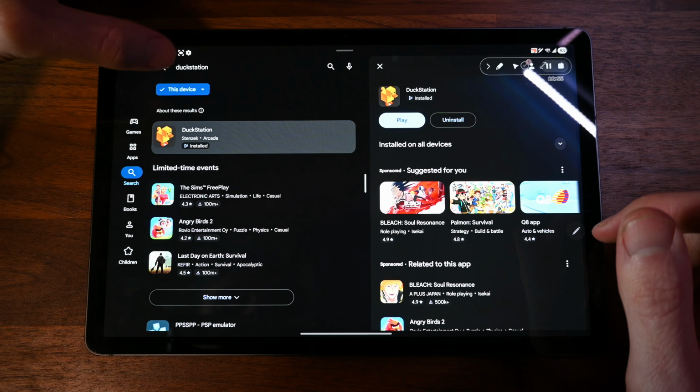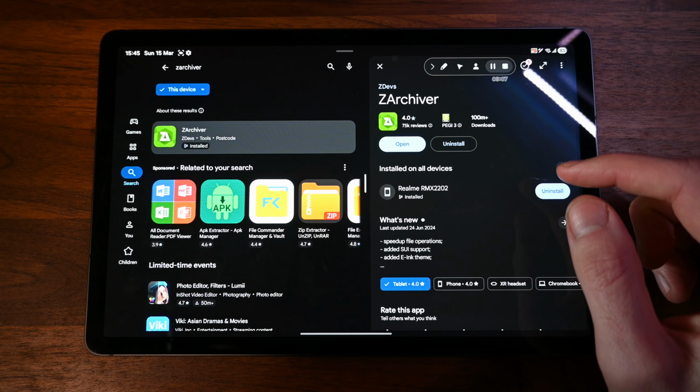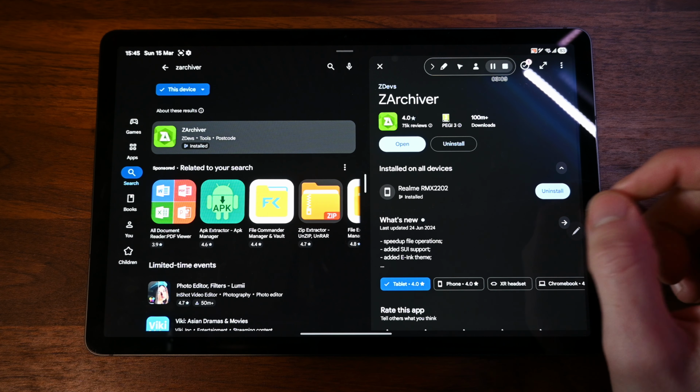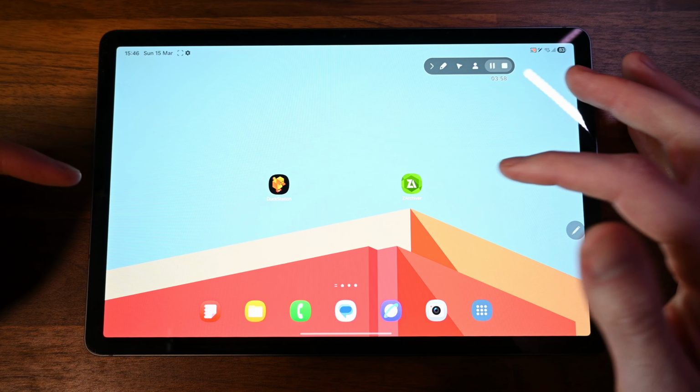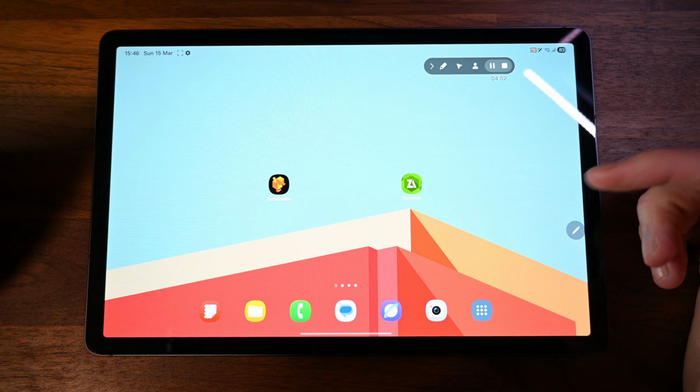While we're on our Play Store, we're also going to be searching for ZArchiver, which is a file management tool we'll be needing a bit later to extract our games. So we're going to make sure we have both of these installed first. So I have both of my apps downloaded on my home screen here. The first thing we're going to be doing is opening up ZArchiver, and we're going to be talking about games